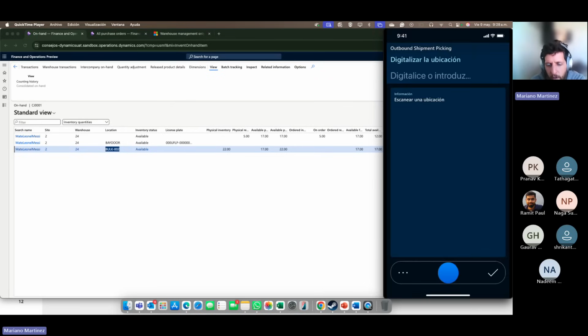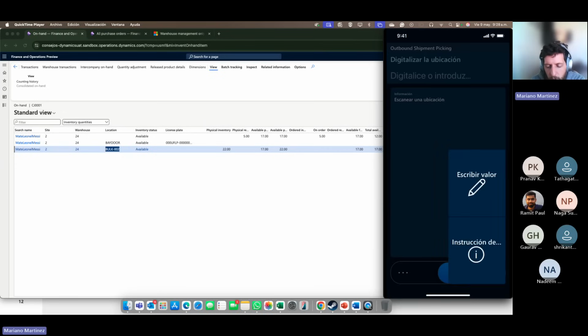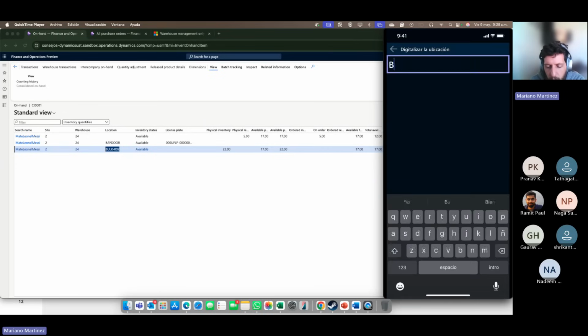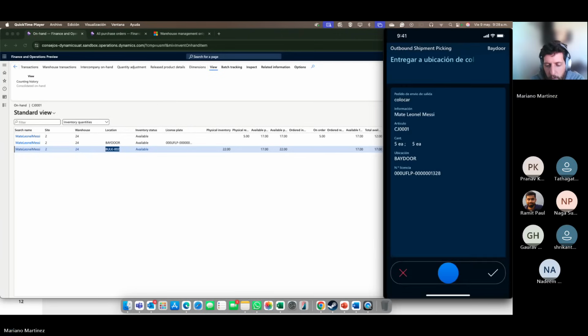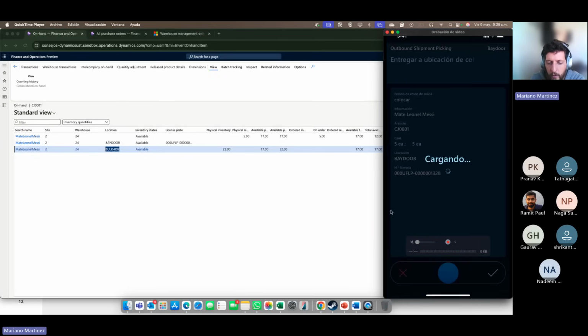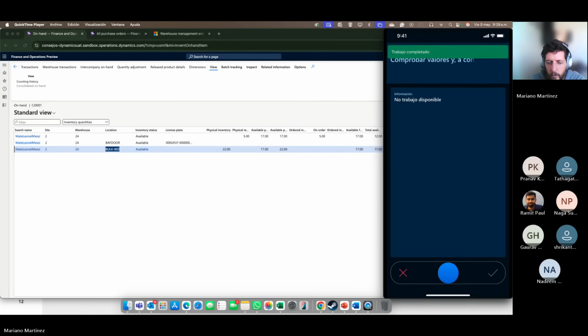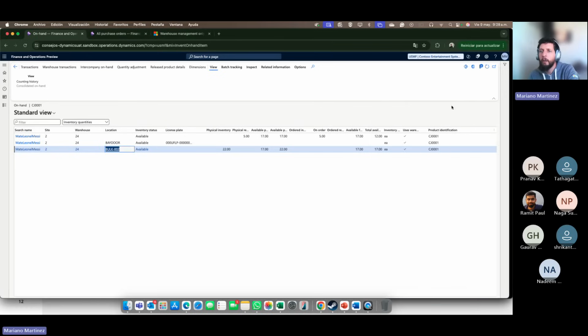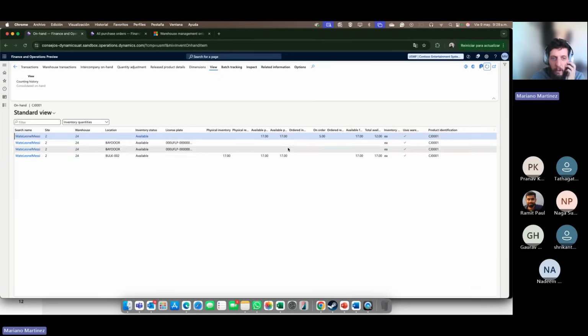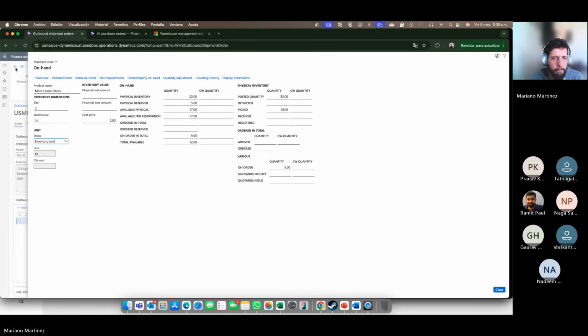And now it's saying, okay, where is it going to be shipped? So I'm going to write paydor, which is the final destination, to this location. And once it recognizes the paydor location, it's going to ship those orders to there. So that completed the work. And here you will see that it's going to lower those quantities and update